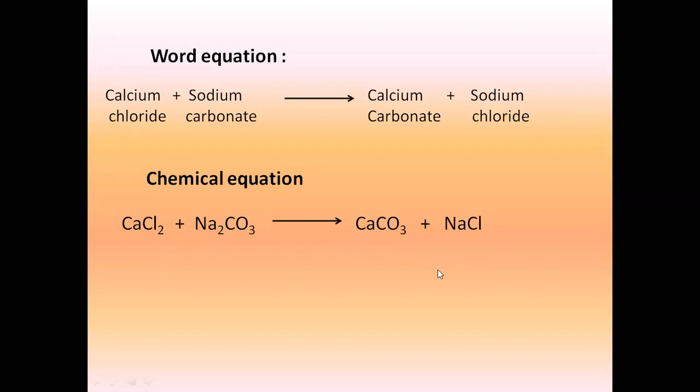And now the question is, Deepika, how did I get NaCl? No, I'll tell you. You know that this calcium, Ca, is going to combine with CO3. Both have valency 2, so I have got CaCO3. So what am I left with? Sodium and chlorine. Now sodium and chlorine both have valency 1. And Na is positive, Cl is negative. So Na comes first, Cl is followed by that. Did you get my point, Deepika?